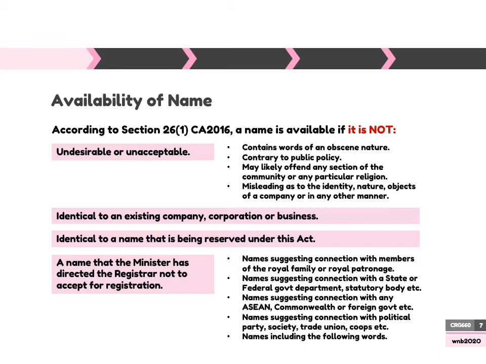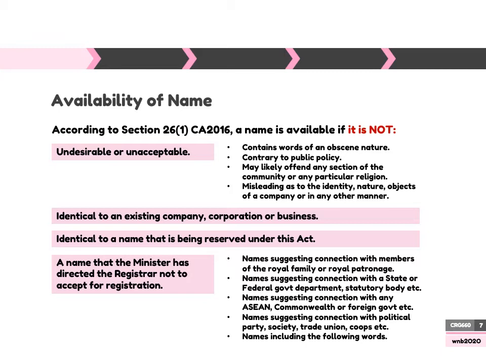And the fourth one, make sure the name you are proposing is not a name that the minister has directed the registrar not to accept for registration. Dia dah ada bersenarai nama yang memang kementerian dah bagi tahu awal-awal dekat SSM jangan terima kalau ada orang nak apply for company's name yang macam ni. So nama-nama yang macam mana yang memang specifically